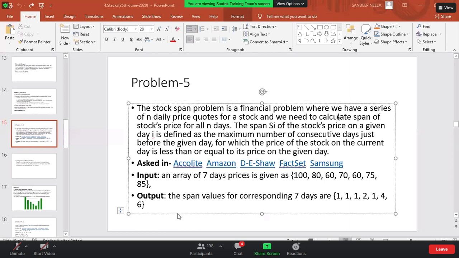Okay, I thought that for every element we'll check, and if it is less, we'll count. No, if it is immediately not less than, we will break it. 60, 70 condition. Yes, 60 is again equal over here, but we still printed 1 only because it is broken over here. It is not consecutive. Yes. Like that. So that is one solution. Once the condition breaks, we can print 1. Otherwise, we'll go through the stack.